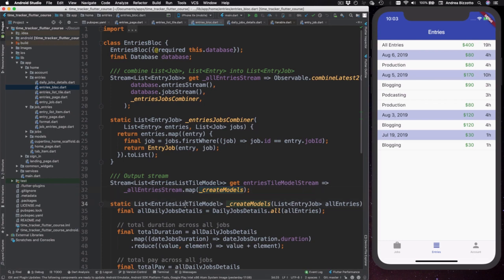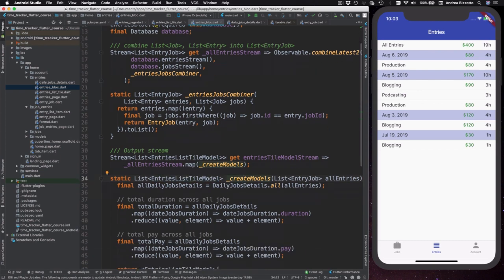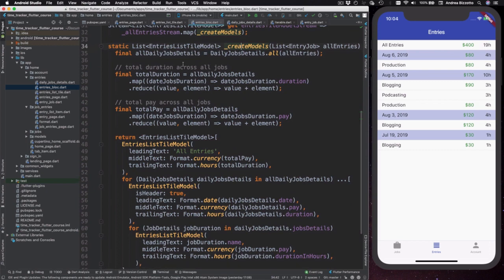produce a list of entries list tile model items. And this is added to the output stream. So let's see how this method is implemented. The first step is to calculate a variable called allDailyJobsDetails. And this is done with a call to